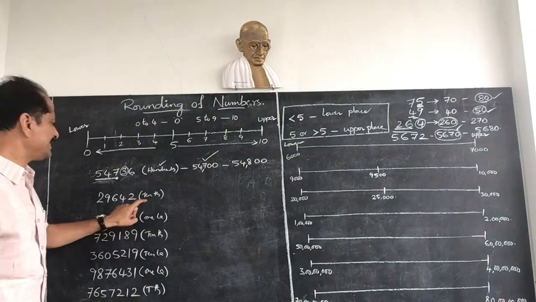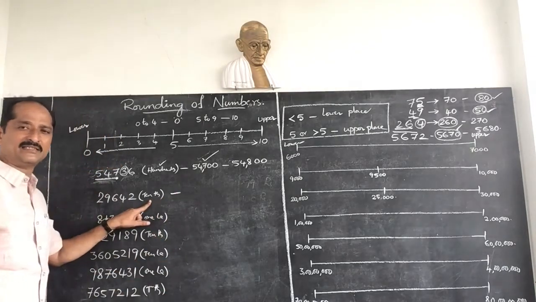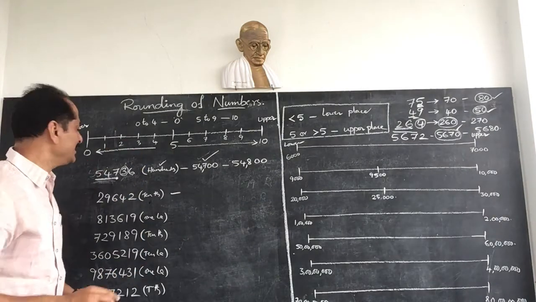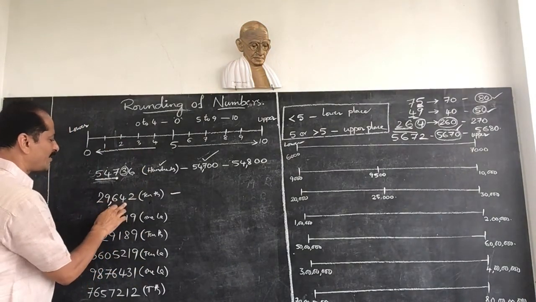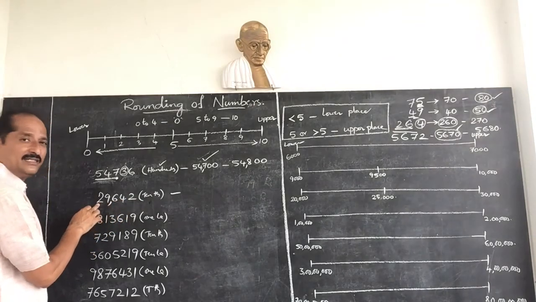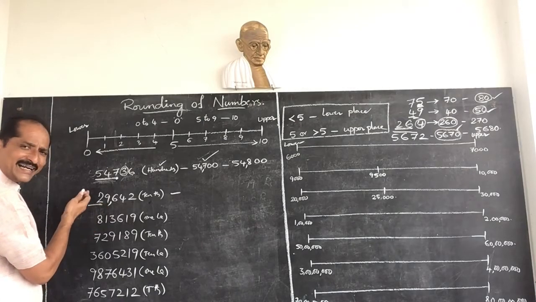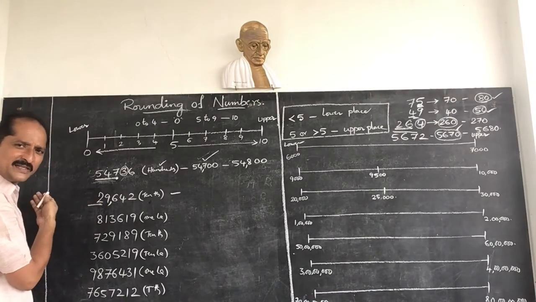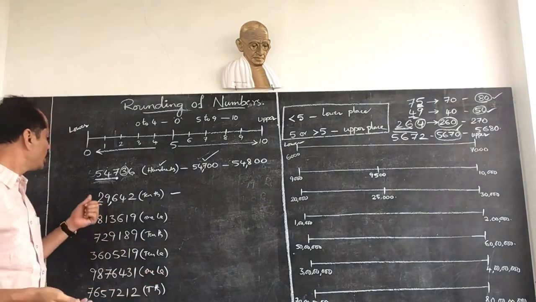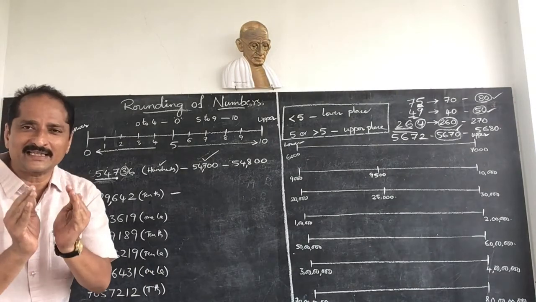Now he is asking for 10,000. So how many 10,000s are there in this number? You have to write which two 10,000s this number is in between. So see here: ones, tens, hundreds, thousand, 10,000. That means how many thousands are here? 2 and more than. Any more digits here would also all come in the 10,000 place, but unfortunately here we don't have more digits. So 2 is in the 10,000 place. That means this number is in 2 10,000s.